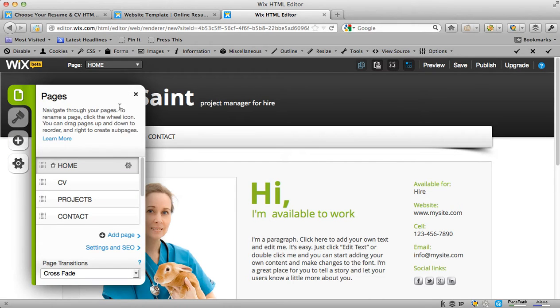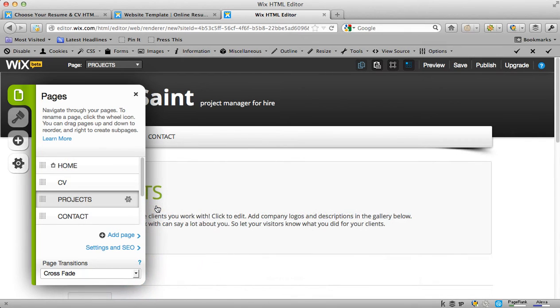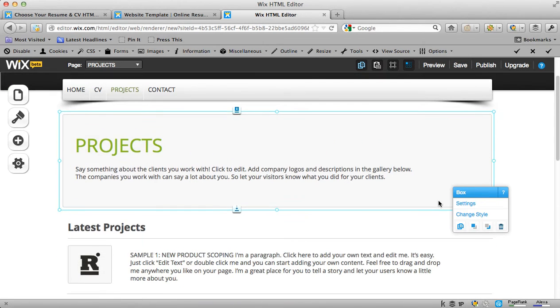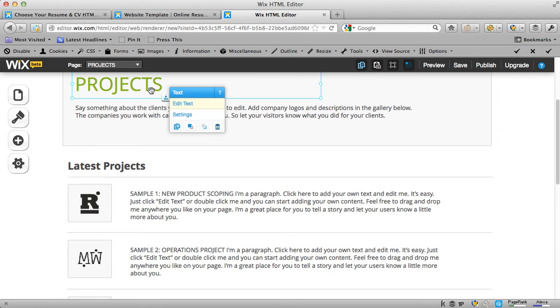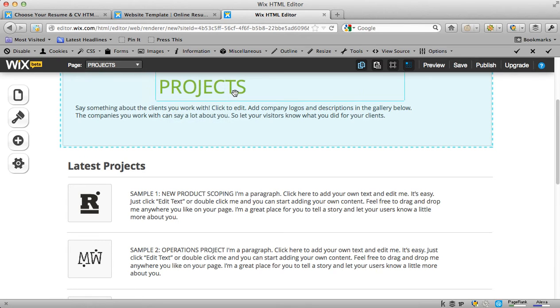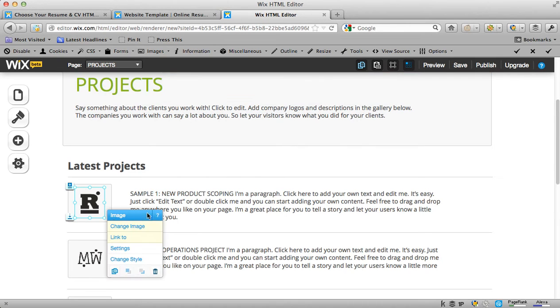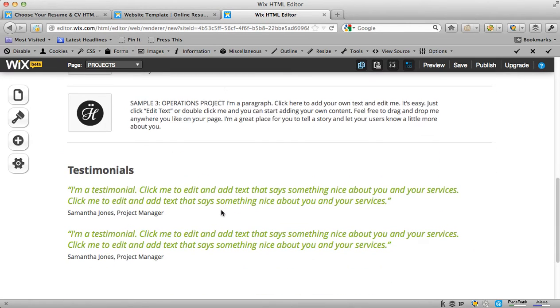Pages, we can go into pages that are already existing. So if you click on like Projects, you go into the Projects page, as you can see here. You can go in here and start changing text, and you can even move the text if you don't like its position. Go in and change that image,